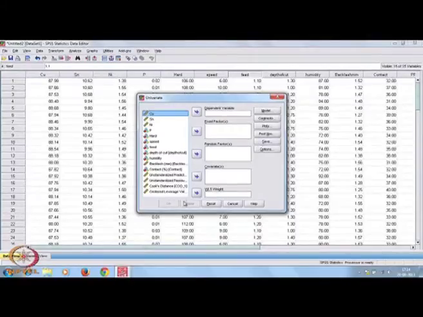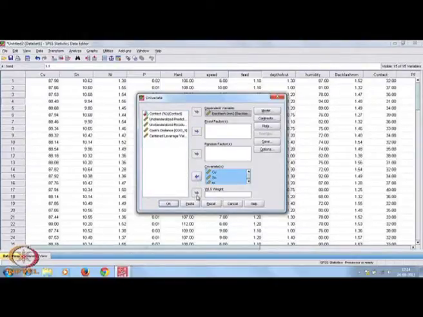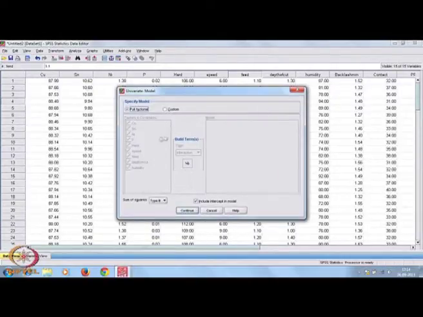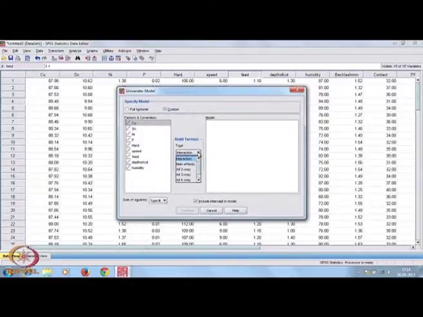So, our dependent variable is backlash, put here, and we are interested in the covariate side. If I take all the variables up to humidity under covariates, you see, the model is there, full model and custom model, with different interactions, 2-way, 3-way, all interactions.